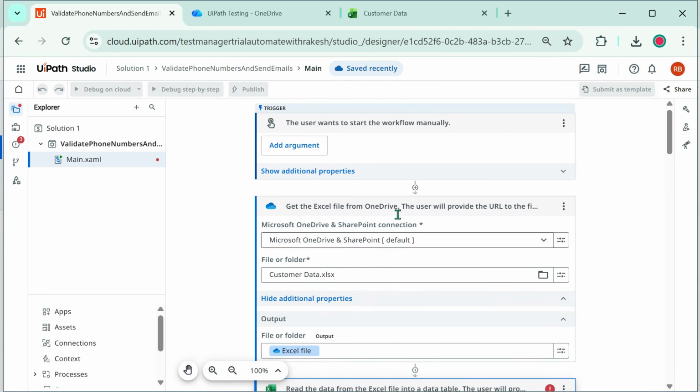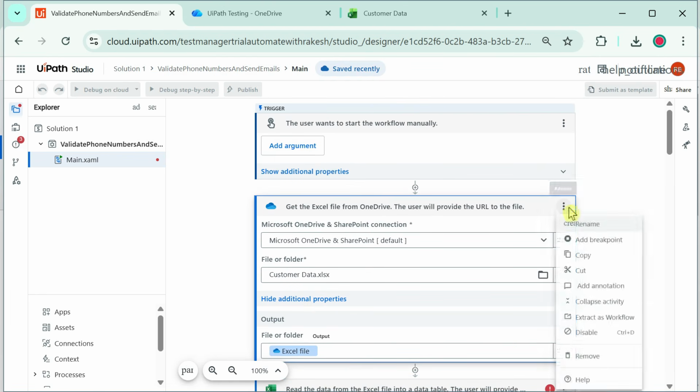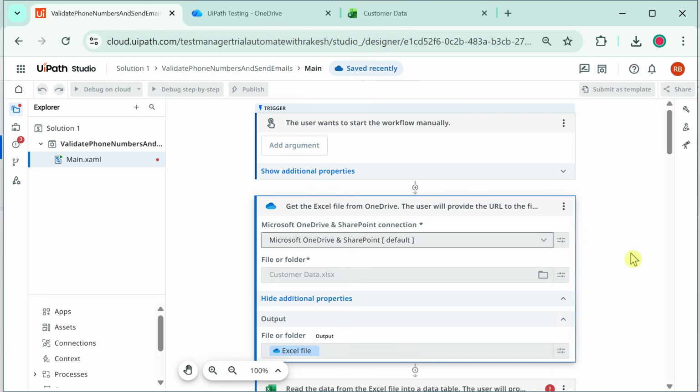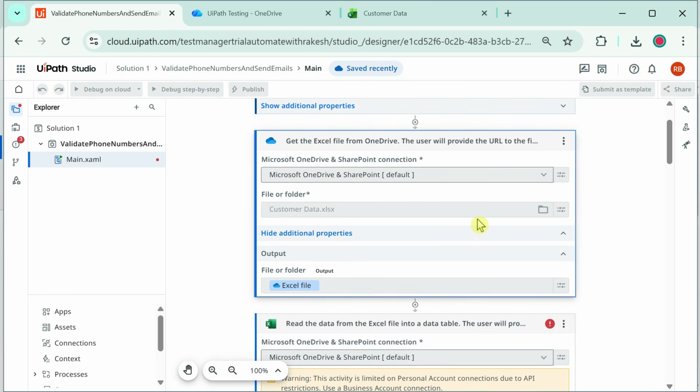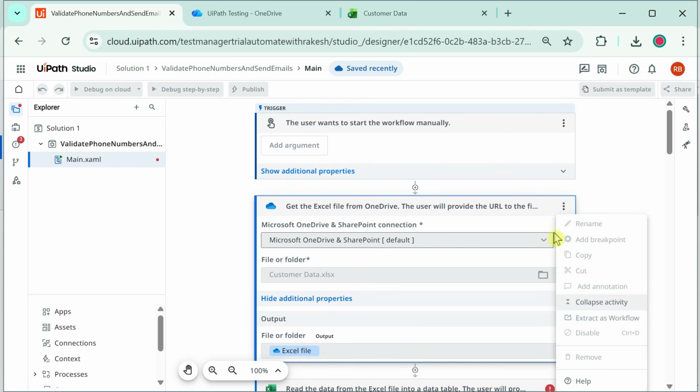Let me try another way. Let me first delete this get. Let's remove it. I'll tell you what to be done. So once I remove it,